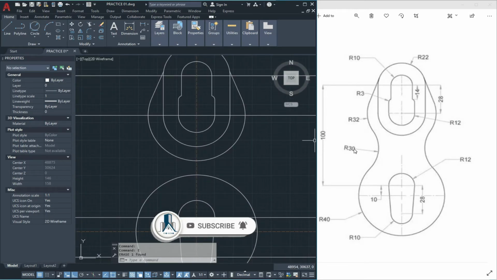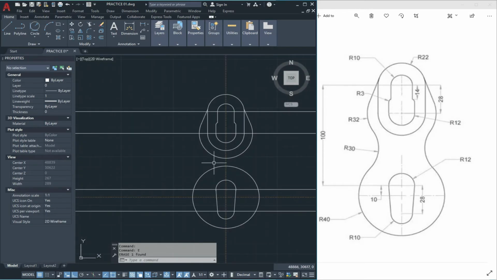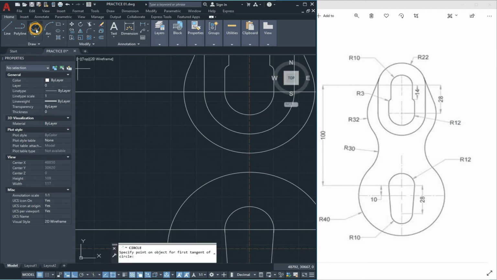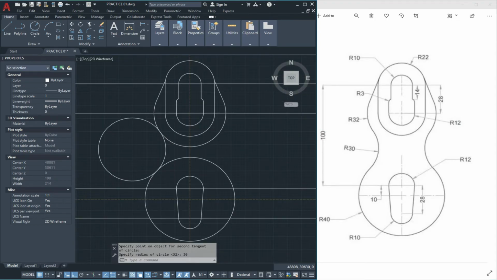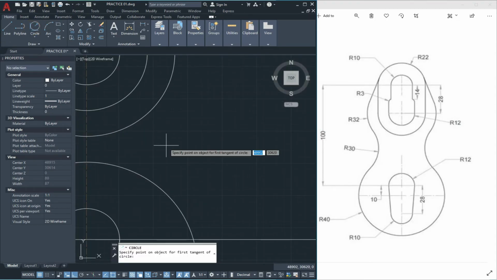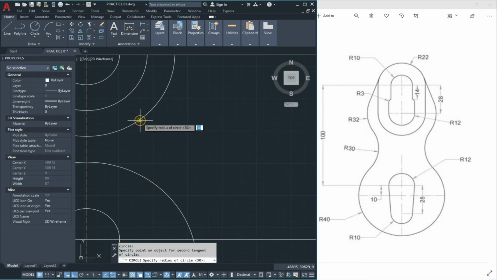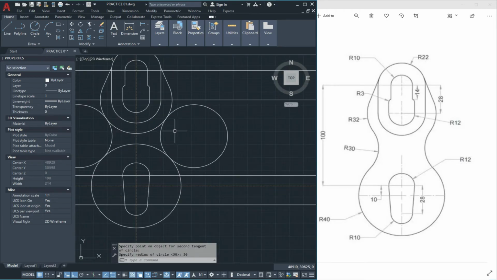Now we draw this circle with the radius of 30 units. The tan radius, 30 units. And 30 units.